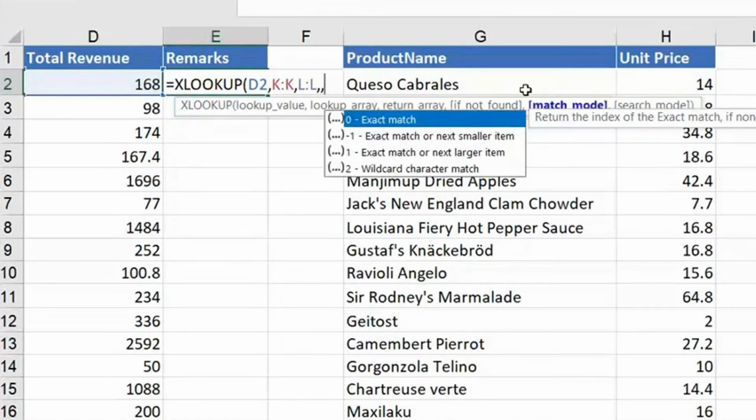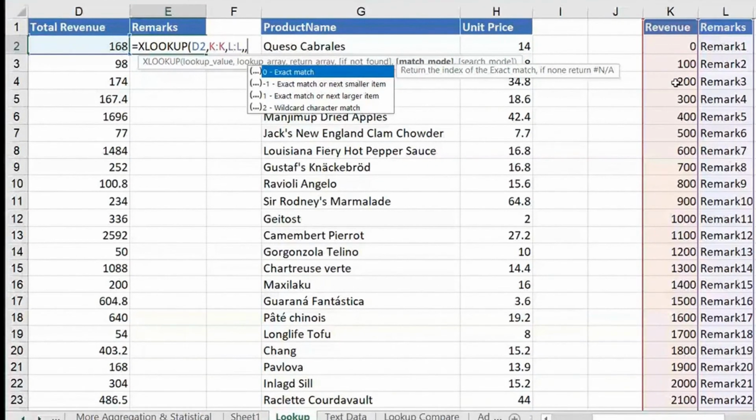Look at this. In match mode, you have exact match, and you have exact match or next smaller, exact match or next larger. Next smaller means if you are finding 168, it will bring me the smaller value, the 100 value. If you say next larger, if you are finding 168, it looks for the 200 value. That is something special, which was not there in VLOOKUP. VLOOKUP always brings the smaller value. If you are searching for 190 also, it brings me the hundred's value only, always. But here you have the option with you. You can either get the next larger value or next smaller value.